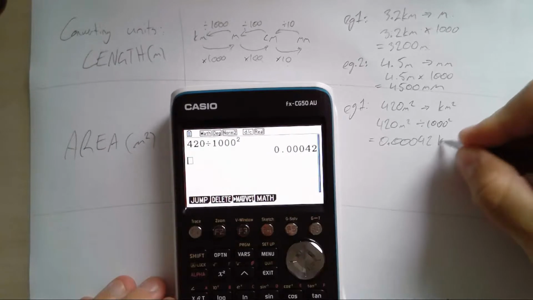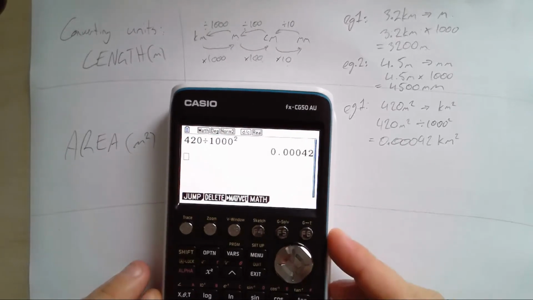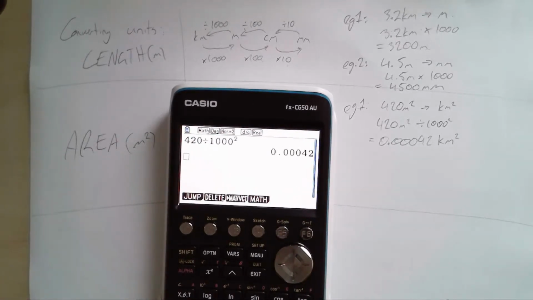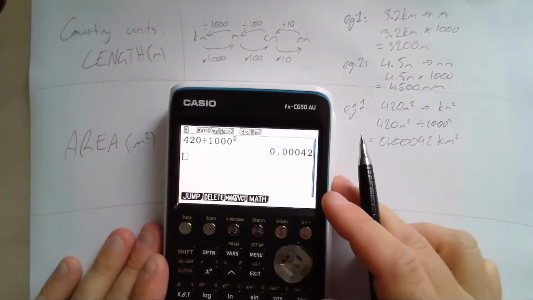0.00042 of a square kilometre. Okay, because a kilometre squared is really big, and I've only got 420 square metres, which isn't that big in relation. Next up,